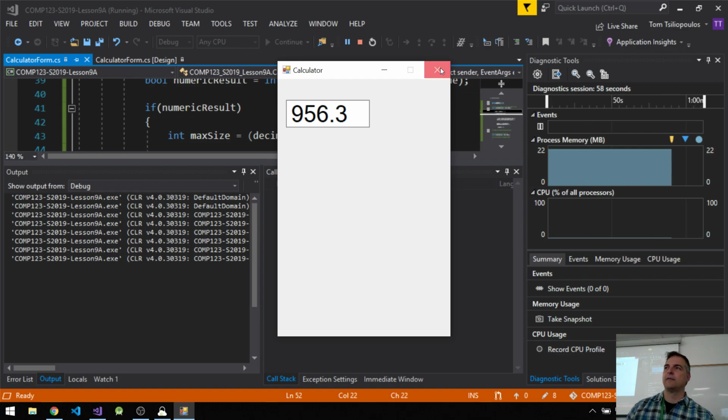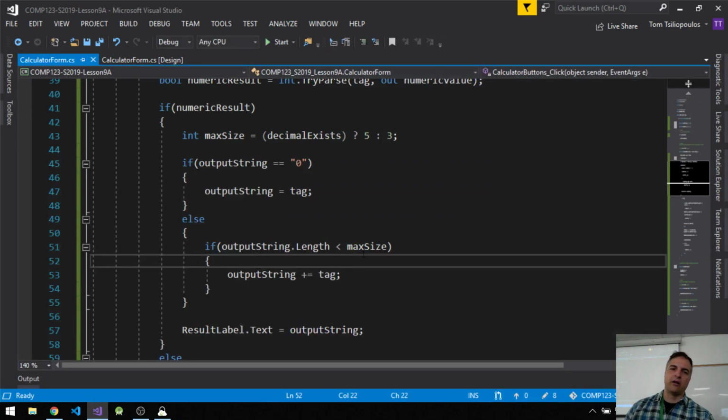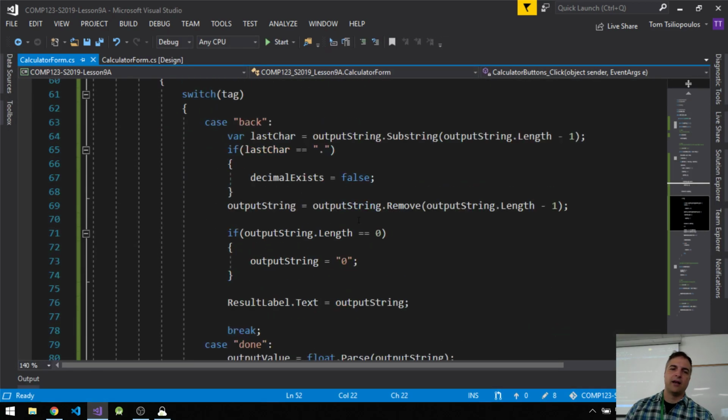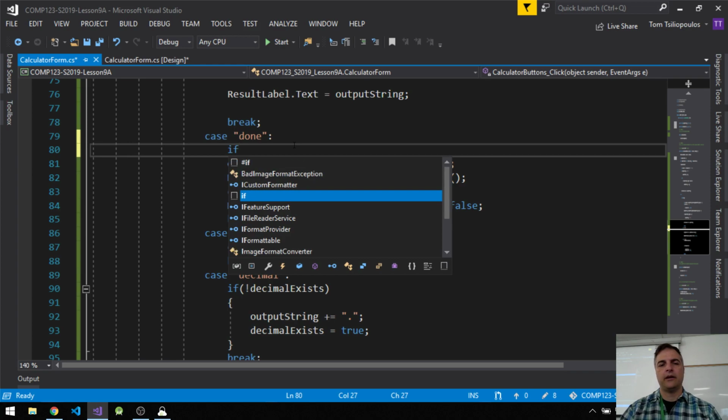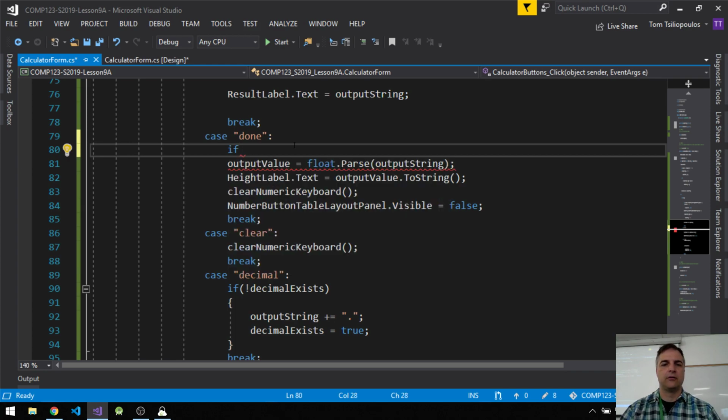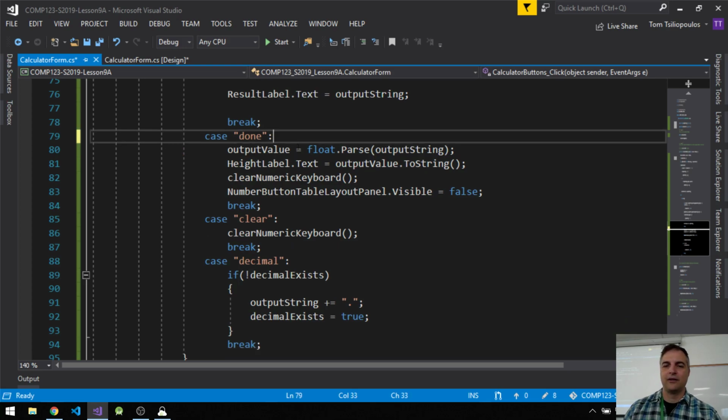So I'm going to go back to that. So again, I'm going to go here. So this is all the stuff I've done, and then we press done. Here's my done. I'm going to say that, okay, before I change this value, before I try parse, right, what is the output value? Actually, let's do this. I should probably parse it first. So I parse it first,